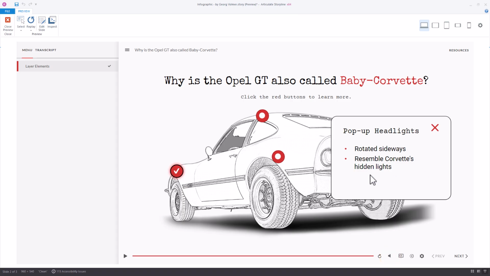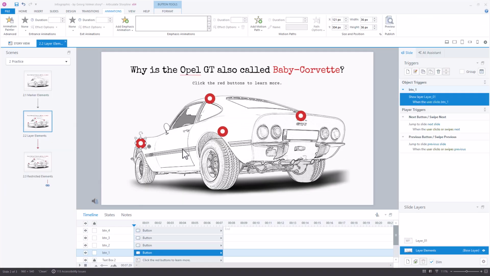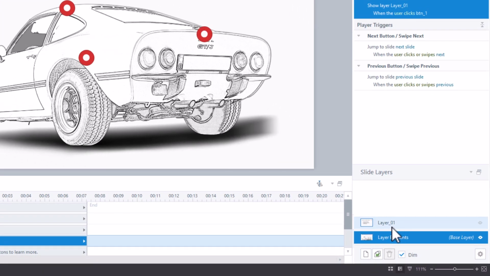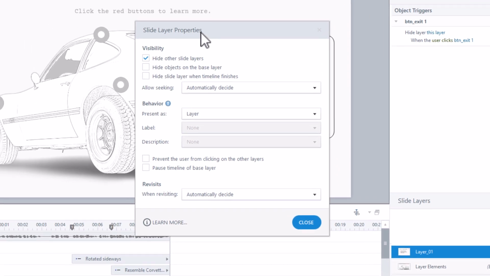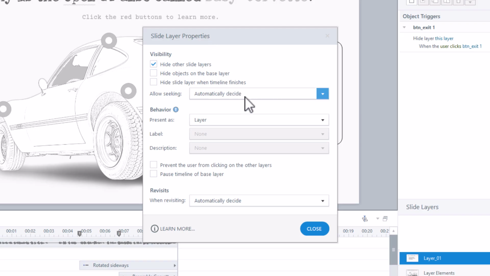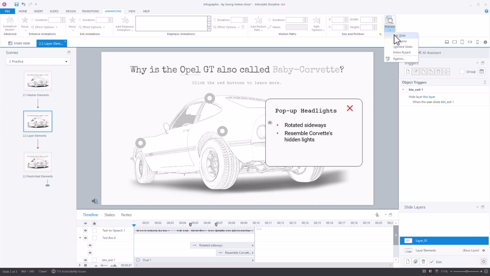Okay, so this is working, but the seekbar didn't do anything because it still shows the timeline of the base layer. To tie the seekbar to the layer in Storyline, we will do the following. First we will make sure that we have our layer selected, and then we're going to click on this gear icon down here. This will open the slide layer properties, and for allow seeking we will say yes, and we will also enable pause timeline of base layer. And if we do a preview now,